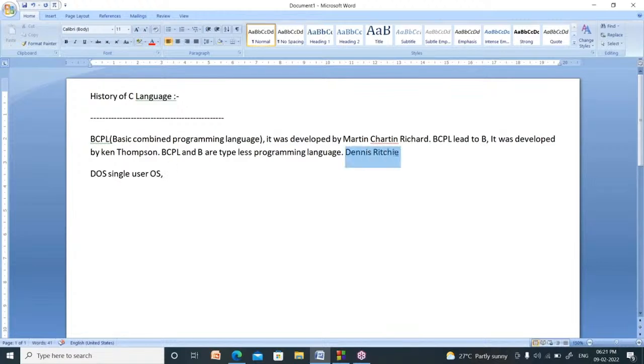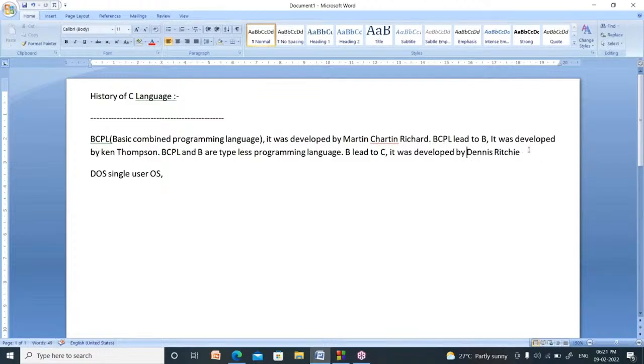Then Dennis Ritchie developed a new programming language and introduced data types. That programming language is called C. From B led to C. Who is the developer of this one? It was developed by Dennis Ritchie.